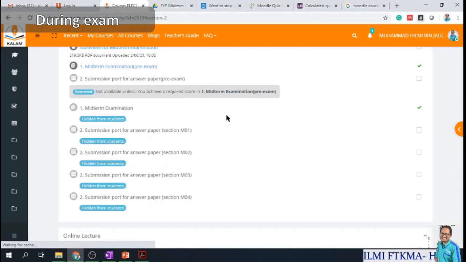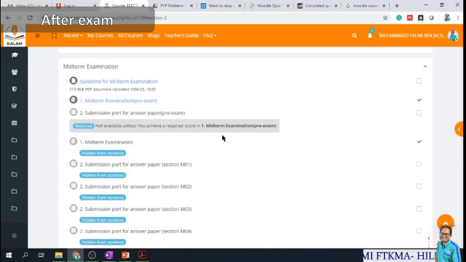Okay, you will not be able to attempt the midterm examination again. You are not going to be able to look at the questions and change your final answer. So now you are only given 10 minutes to start preparing your answer paper and